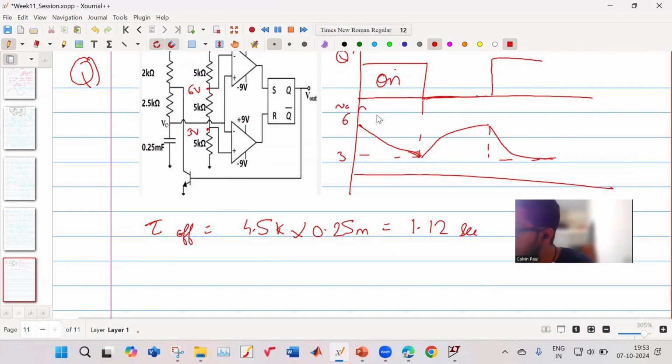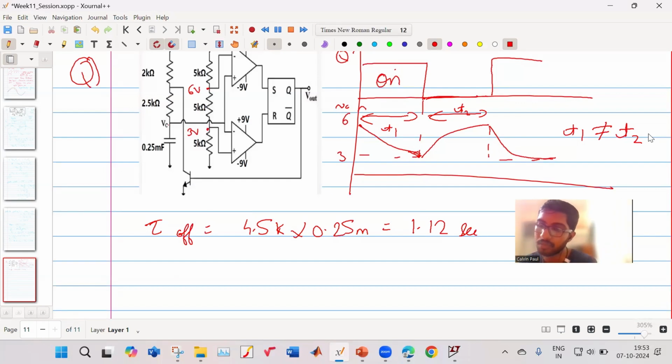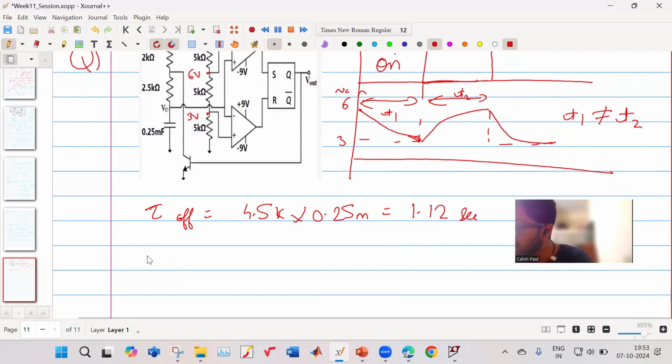Now let us consider for this time T1 and this time T2. In this case, T1 and T2 are not equal, because your time constants are different. In the case of the integrator, if you remember, there was a linear slope and the slopes were fixed. But here it is exponential and the time constants are different. So for T1, let us say,